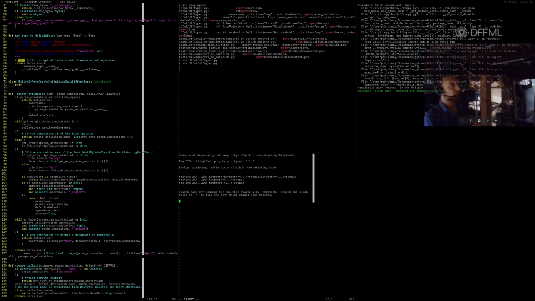Do we even need to do that? Actually, no, we didn't even need to do that. Oh shit, do we need to do that? No, we do need to do that, because we'll use that to create